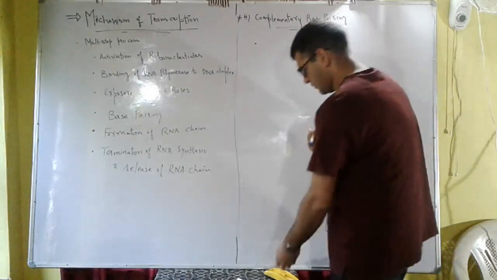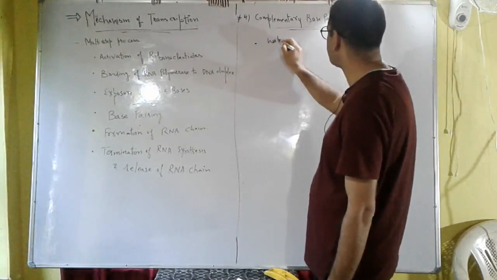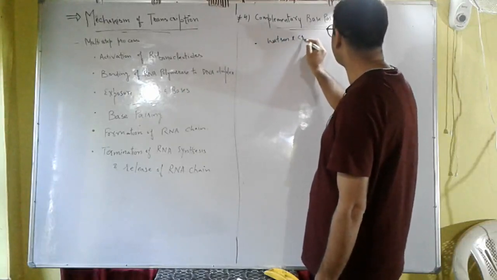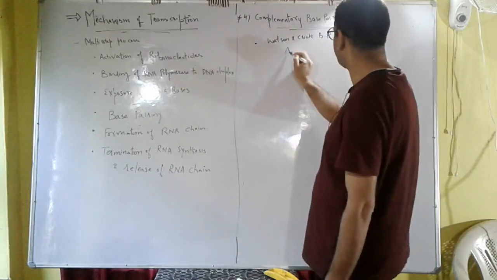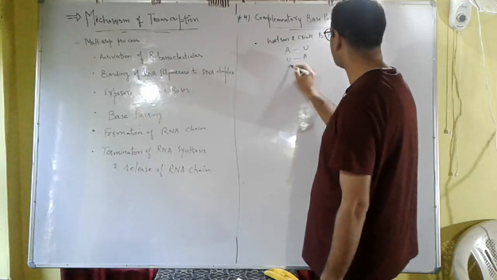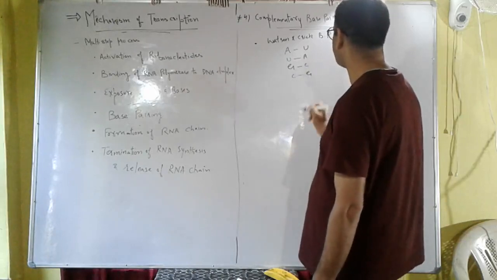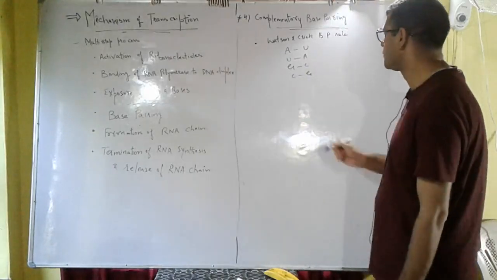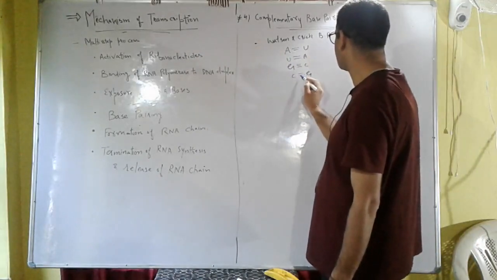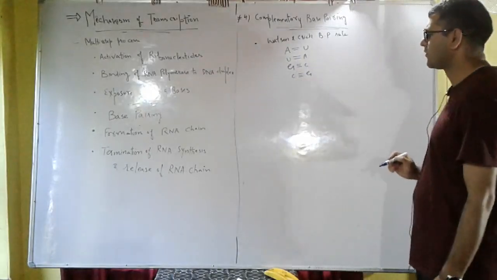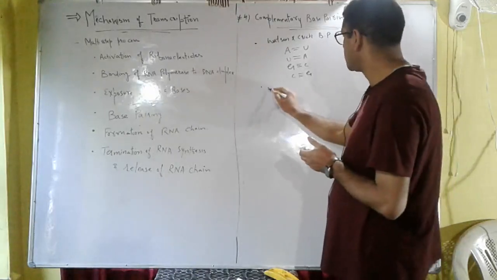So what is important is that it is according to the Watson and Crick base pairing rule. Adenine pairs with uracil, uracil pairs with adenine, guanine pairs with cytosine, cytosine pairs with guanine. There are 2 hydrogen bonds between adenine and uracil and 3 hydrogen bonds between guanine and cytosine. It means that this RNA polymerase